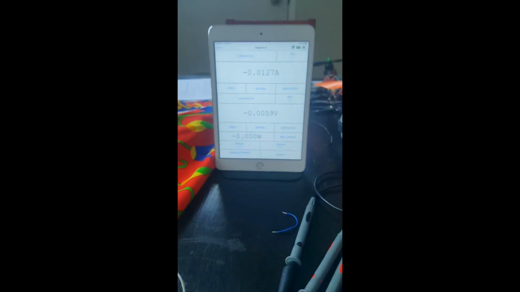But if I cover half of it and leave the other one under the light, I get a short circuit current of 13 milliamps, which is about half. Let's just make sure it's all under the light. That's about half. So I am definitely looking at two strings, but like I said, it could also be four strings of four. To test that,